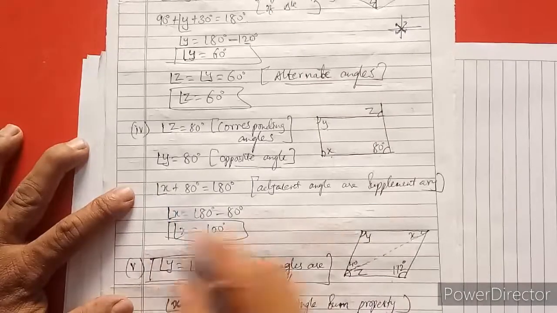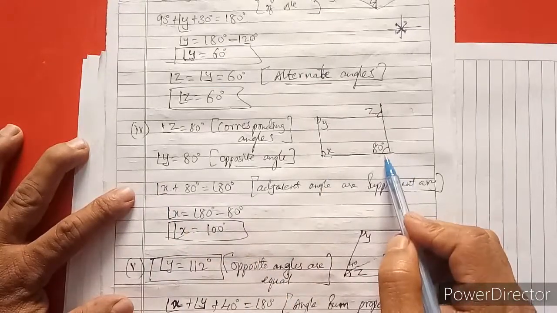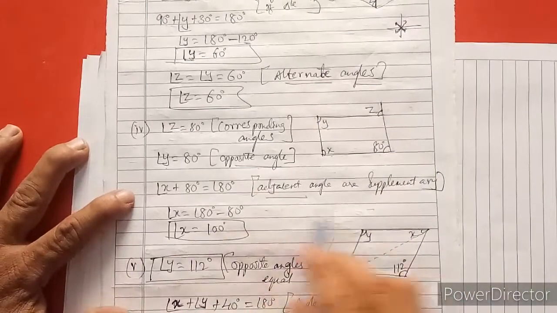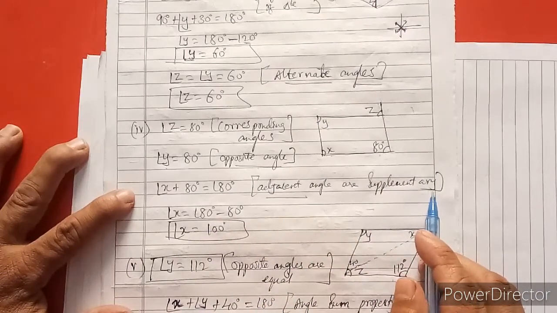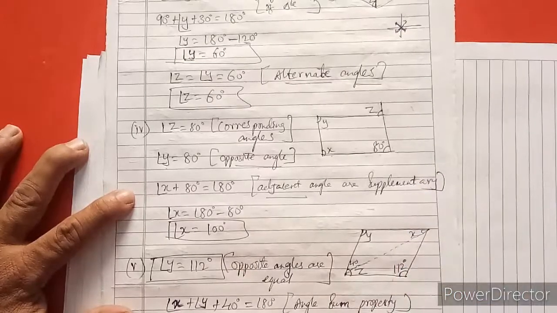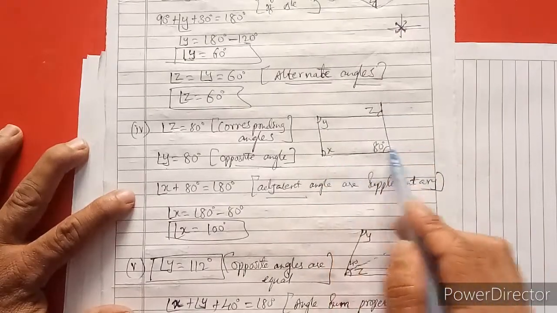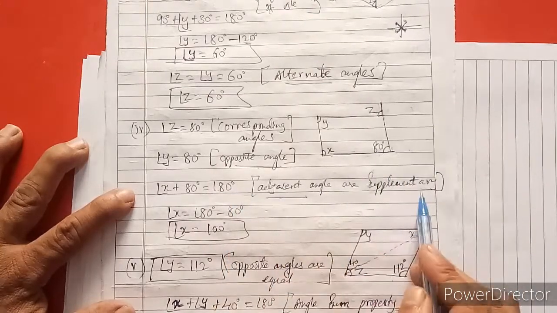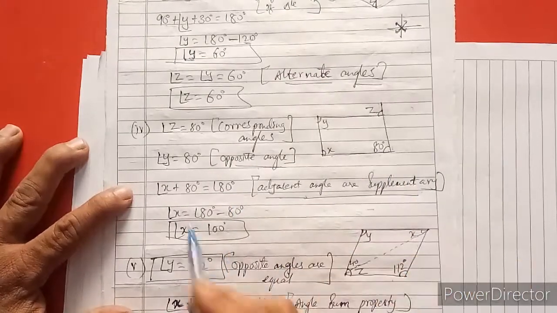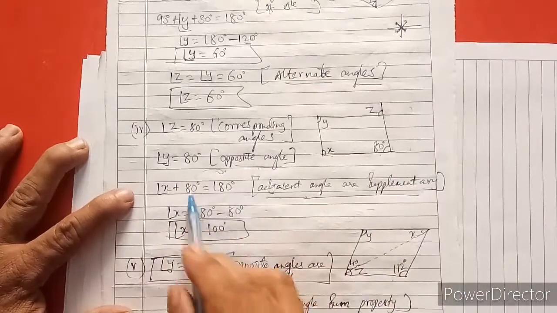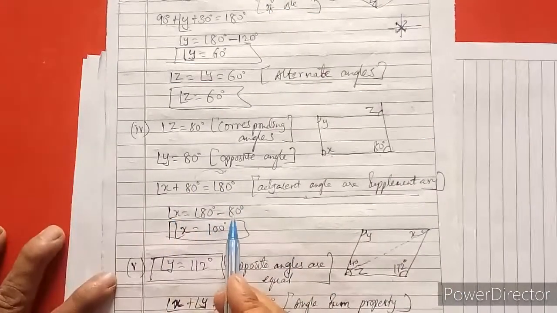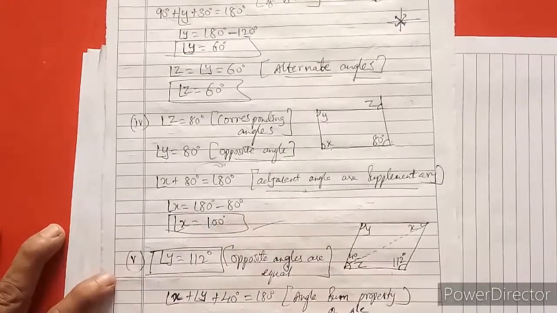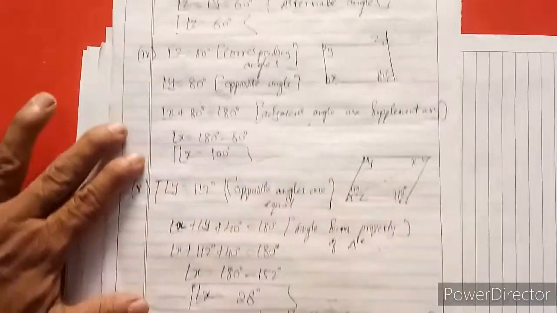Now angle x plus 80 degrees is equal to 180 degrees. These angles are adjacent angles, supplementary. These are the two angles, angle x and that angle of 80 degrees, equal to 180 degrees. That is for adjacent angles of a supplementary. Now after that, this 80, if I transpose this side, it will become a minus sign. Angle x is equal to 180 minus 80, angle x is 100 degrees. Did you understand?